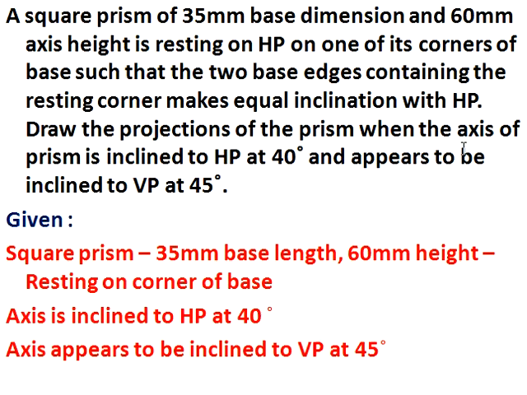During the previous problem I told you whenever a question is given, first identify which is the given object, identify the dimensions of that object, then identify whether to start from edge condition or corner condition. These three details will be given in the first sentence of the question. If you go through this first sentence, the object is given, identify whether the given object is a prism or pyramid. Here it is clearly mentioned a square prism of 35 mm dimension. So the given object is a square prism, base dimension is 35 mm, its height is 60 mm.